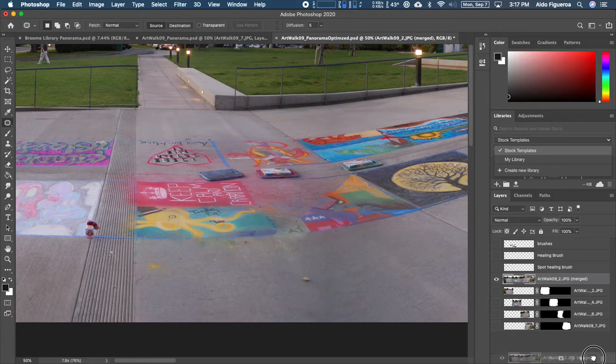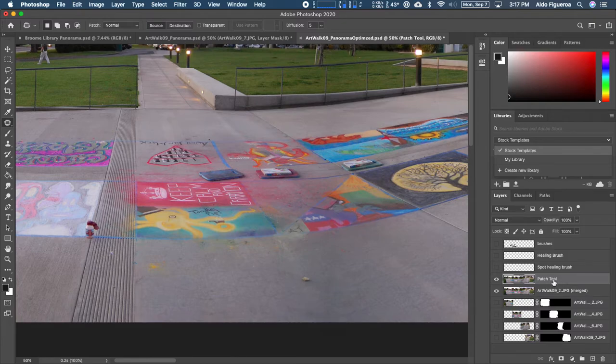Instead of creating a new layer, it created a copy. So I'm going to rename this layer. I'm going to call this one the patch tool. Within this layer, to use the patch tool, you have to have a layer that has information. So we made a copy of it. So now that I have this layer here, I have my other layers hidden and only the patch tool is